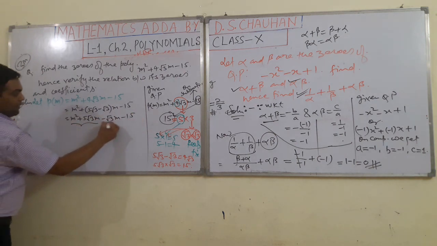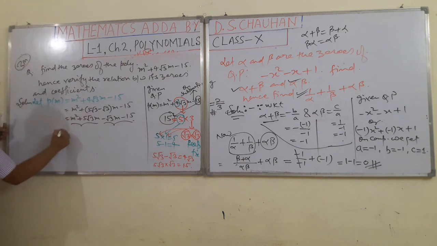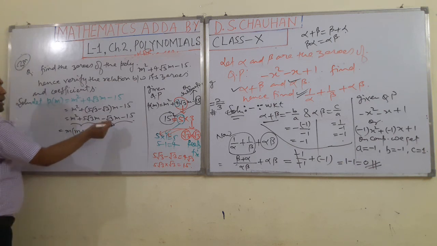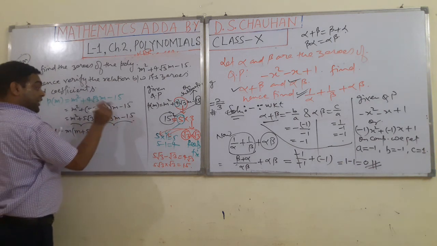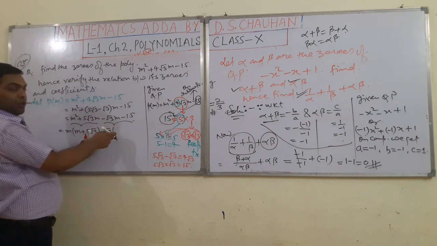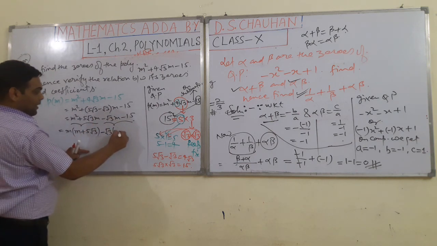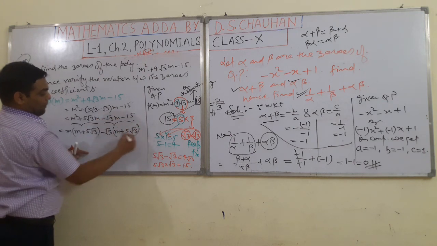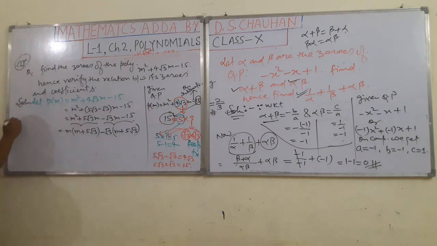Take out the common. What is common here, students? m is common. What you will get? m plus 5 under root 3. Here minus under root 3 is common. So as you take minus under root 3 as common, you will get here m, and this becomes plus sign, and you will get the remaining 5 under root 3. How? You can understand here.